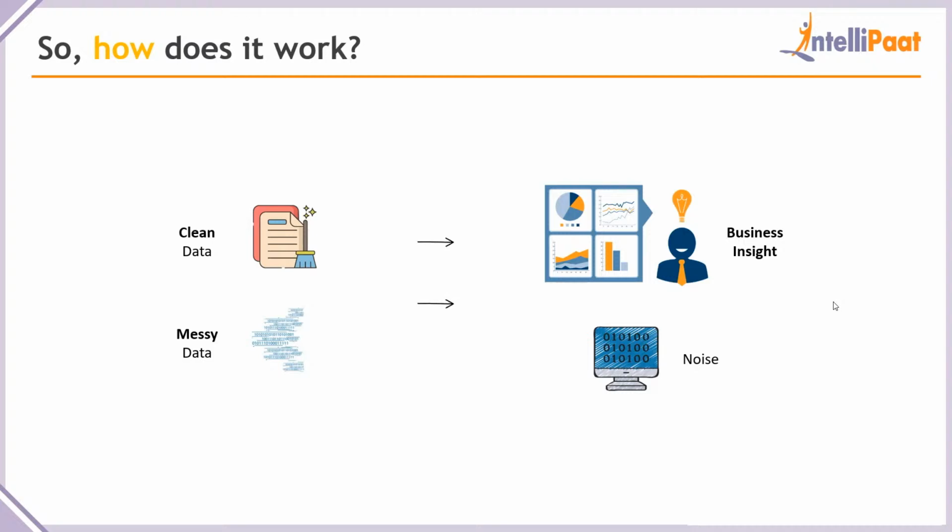All right, so you take both the clean data and the messy data after processing, right, after the entire process of business analytics, you get two things. One is good business insight, so you'll be able to see the data in a perspective that you have never seen before. So you'll have the clarity that you've never had before as well. But then alongside this, you might find some noise in the data, which is of course not useful to you. So what happens in this situation is that the majority of the data that comes out, the result, it's going to be business insight. A minority of the data, a small amount of it, is going to be noise.